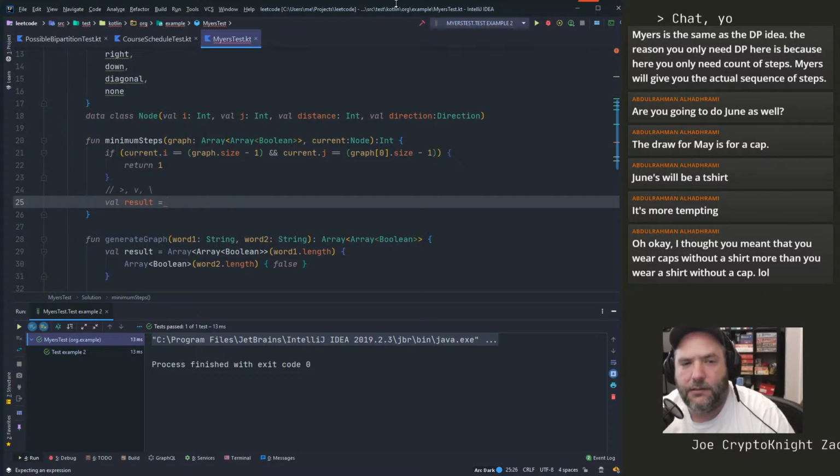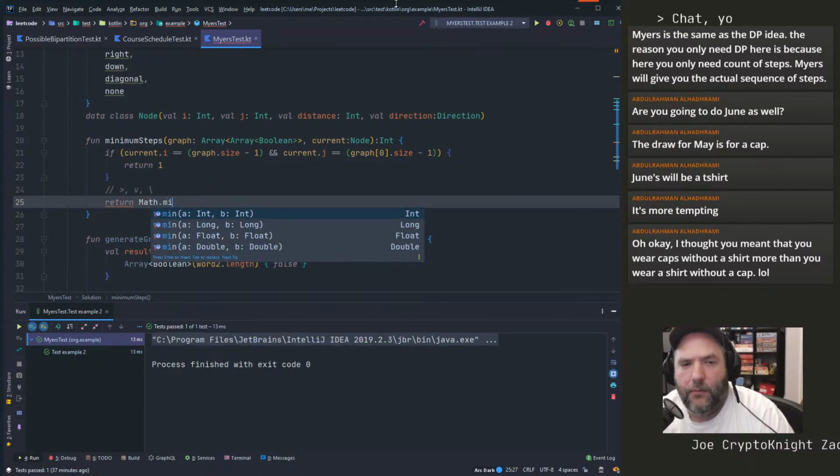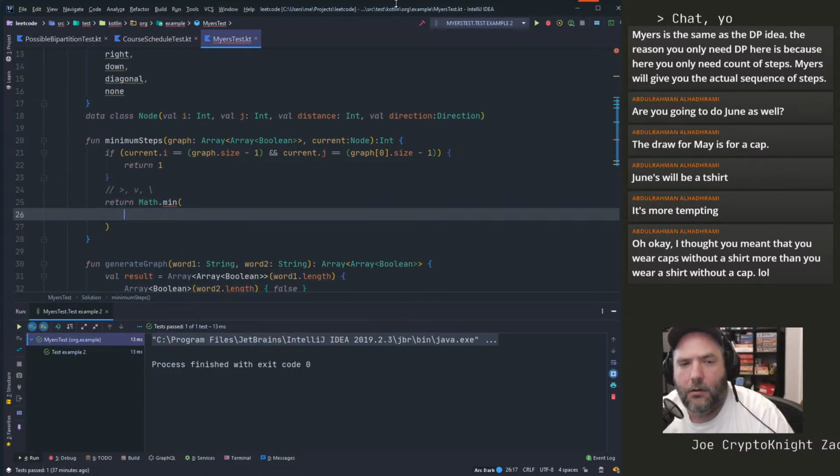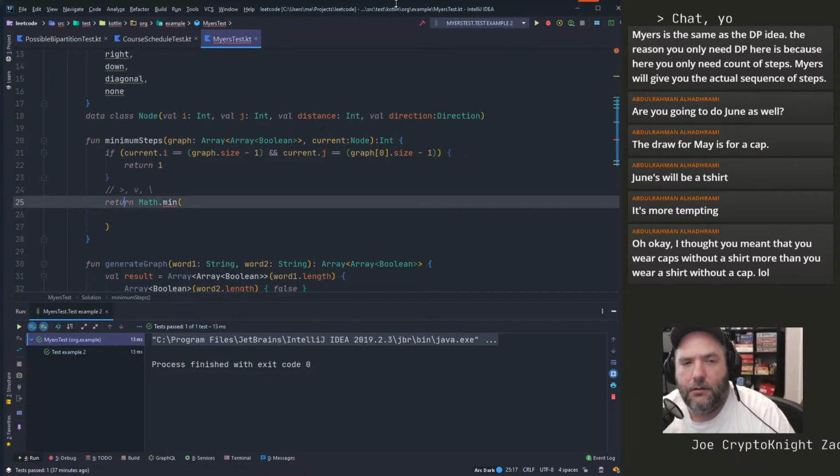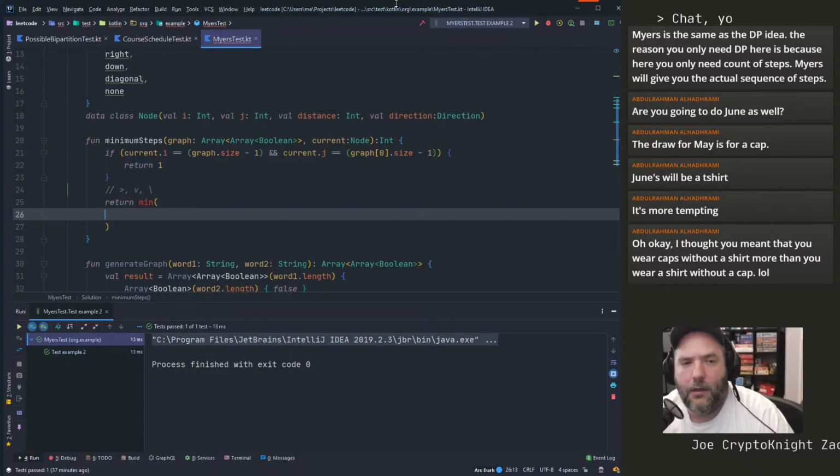Whatever is best. So I guess I should say return whatever is the minimum between the 3 possible solutions,